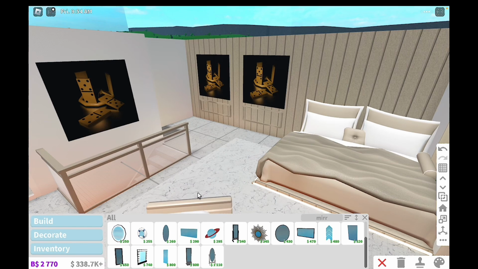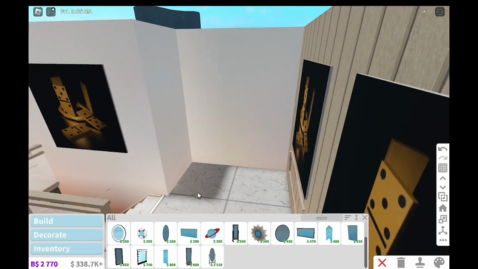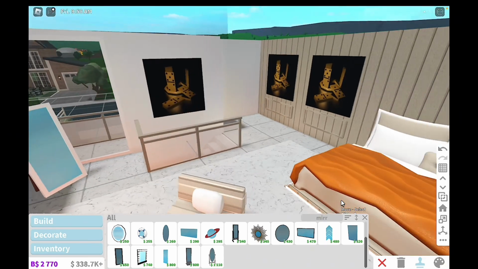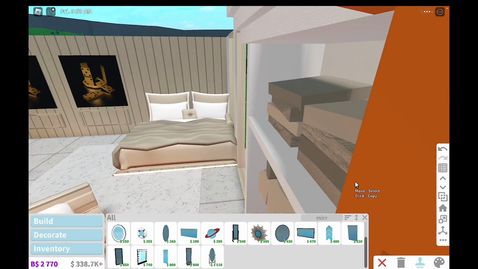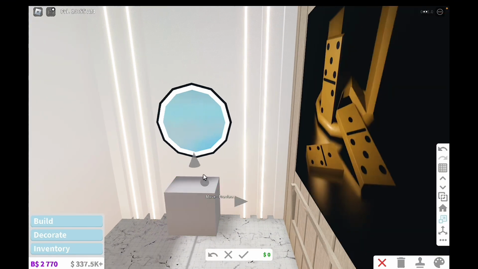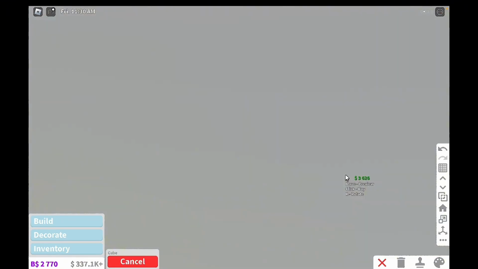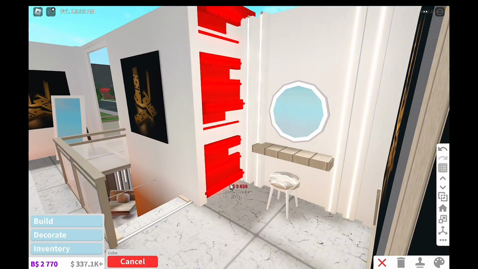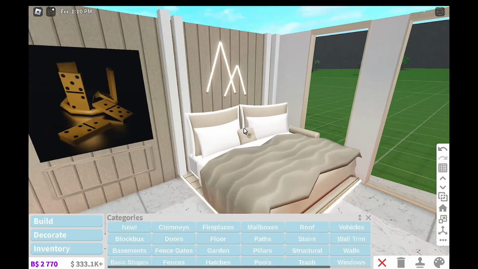Okay, and now the final section of the room that we actually have left is just this area over here. I think what I'm going to do is just add a vanity table over there. I was just going to use the custom vanity tables that I already made. Okay, that is the room all complete. I just don't really like how plain the bed is over here. Now I think the only thing that's missing,